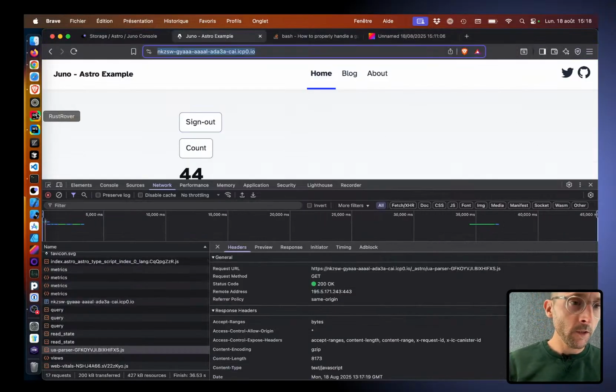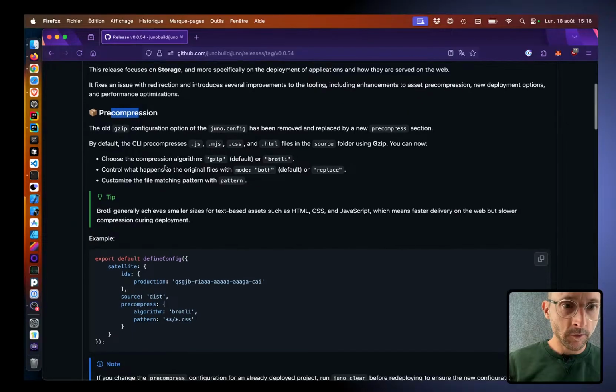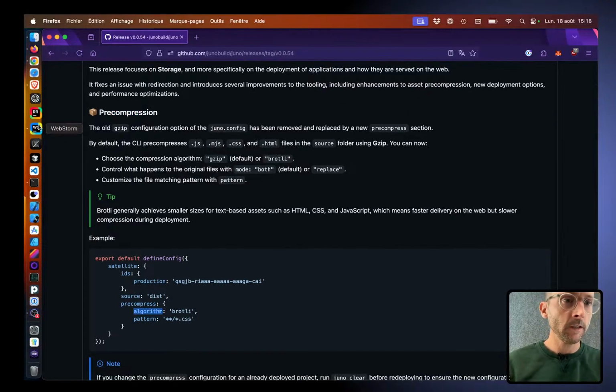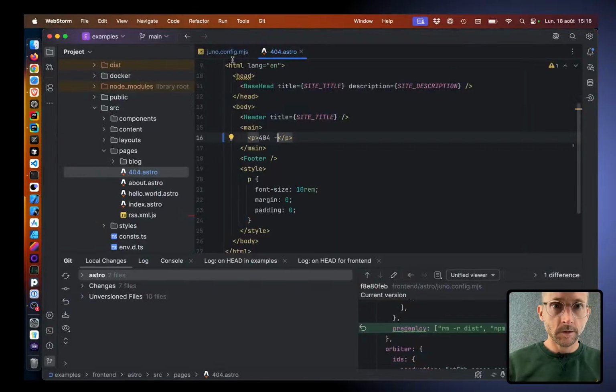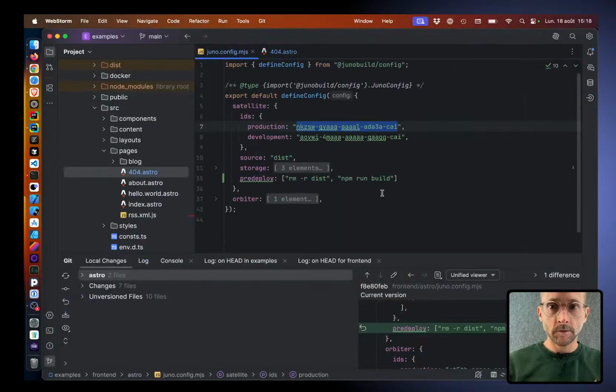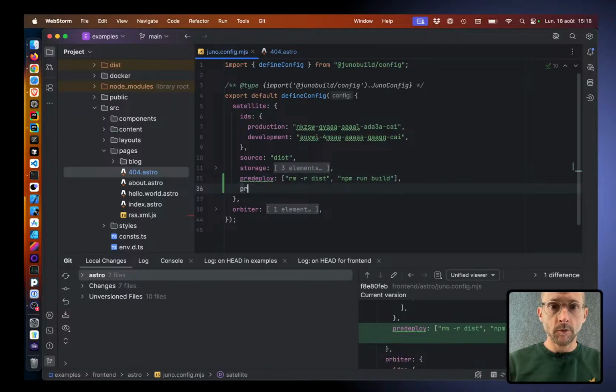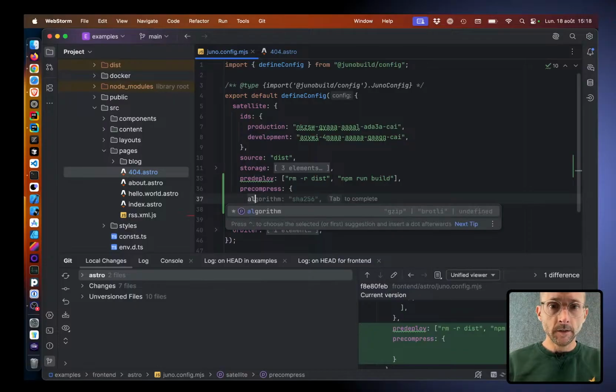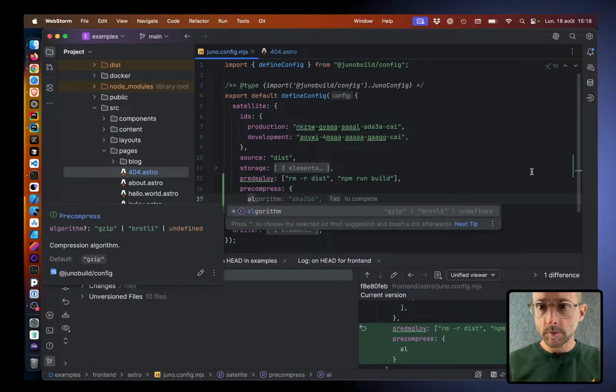So now what we're gonna do is switch to the new algorithm that is optional and see the difference. So here you have a new option that's called precompress, and in the algorithm I think undefined